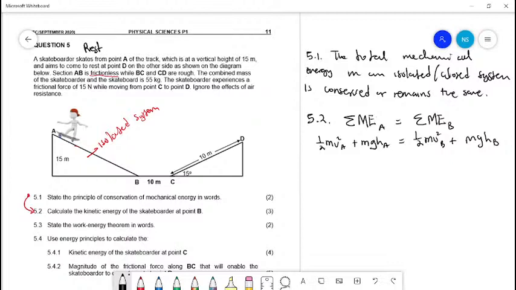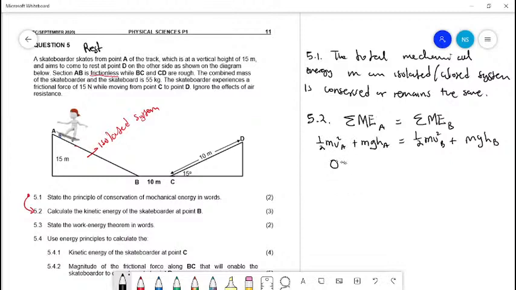So yeah, I think that's a statement that is missing, and I think it's part of the errata. You can also go to the internet and download the errata, and I think something like that will appear. So this guy started from rest, so that's what we're going to use in this video. So if this guy started from rest, it means that the kinetic energy at A, because the speed is 0,